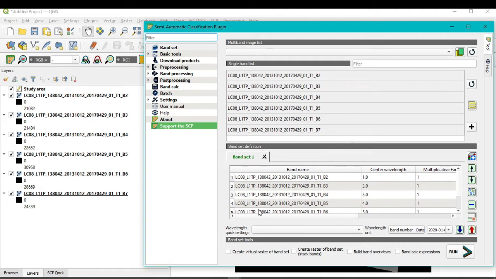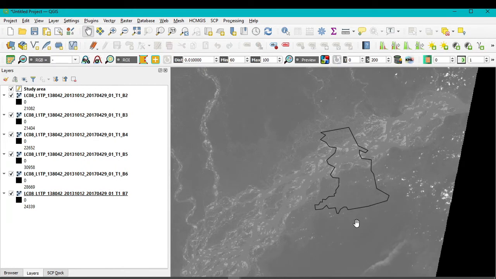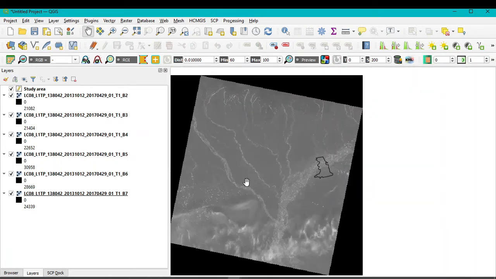So after that, for radiometric correction or atmospheric correction, if I go with the whole image, this total Landsat image, it will take time. So to reduce video length, I will only select this study area, and I will clip all these 6 bands according to my study area, and after that I will do atmospheric correction only for this portion. And you can do the same thing for the whole image according to your need.